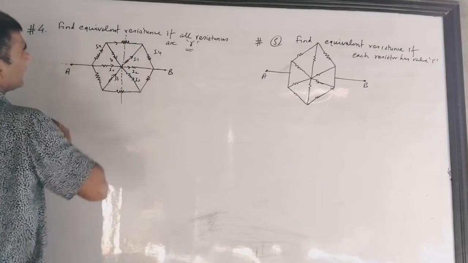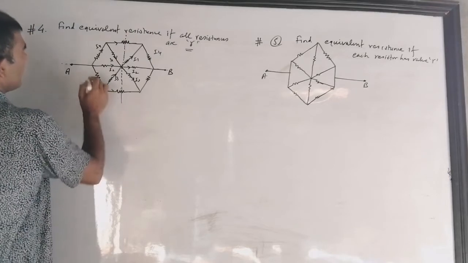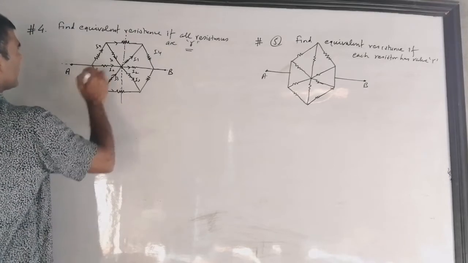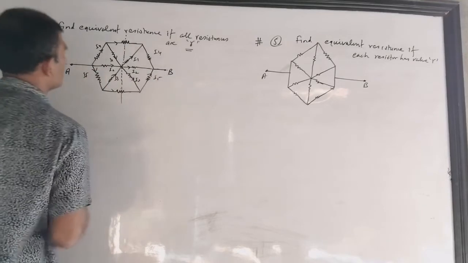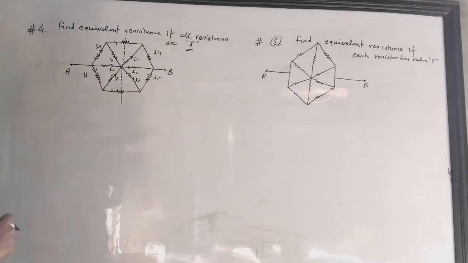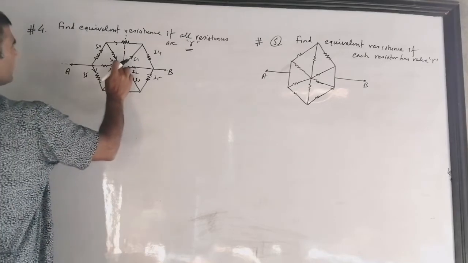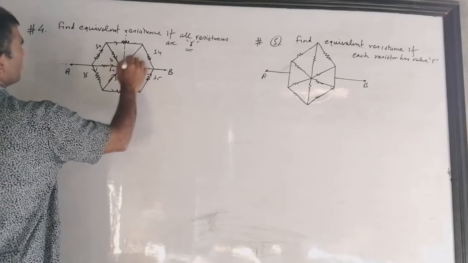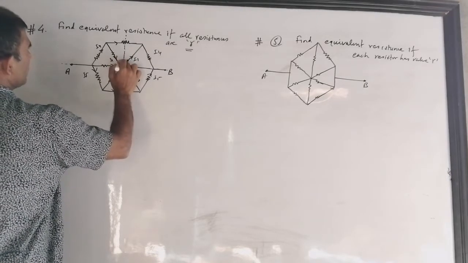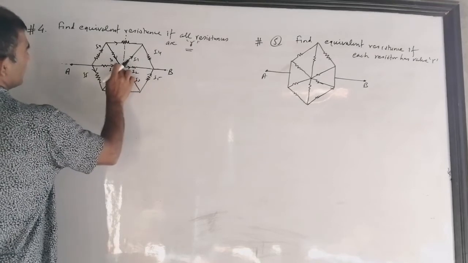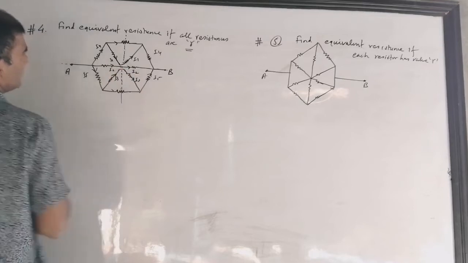So here some current is going. That current is not dividing here. Okay, and here also. And how much current are you finding here? I5. The same current you are getting here, I5. So of course this figure looks like mirror symmetry. Then you see this current I1 coming here and I2 going, so there is no exchange of current, so this becomes like this. And also I3 is coming here and I3 going here, so there is no need of a connection.